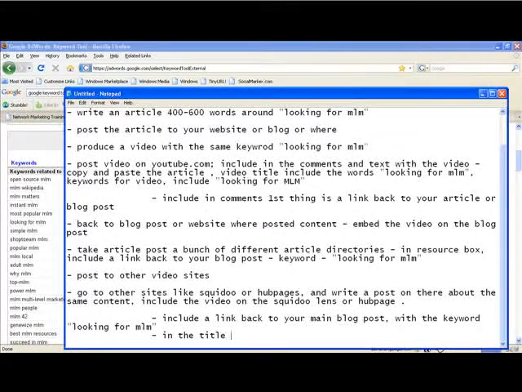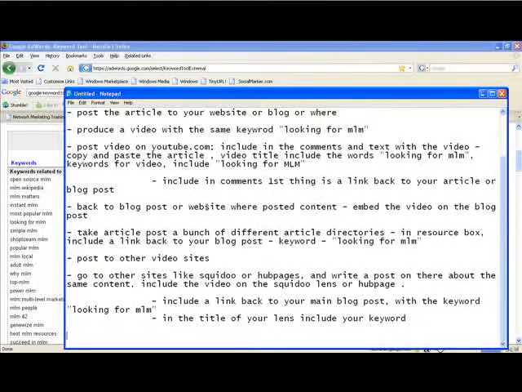And in the title of your lens, the Squidoo lens, let's say, include the keyword that your base article is about. And that's the basic